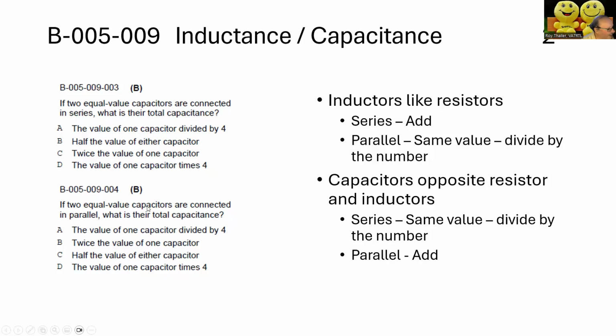If two equal value capacitors are connected in parallel, remember it's opposite of inductors and resistors. So here you would add the two values together. So it would be twice the value of one capacitor. So B would be the correct